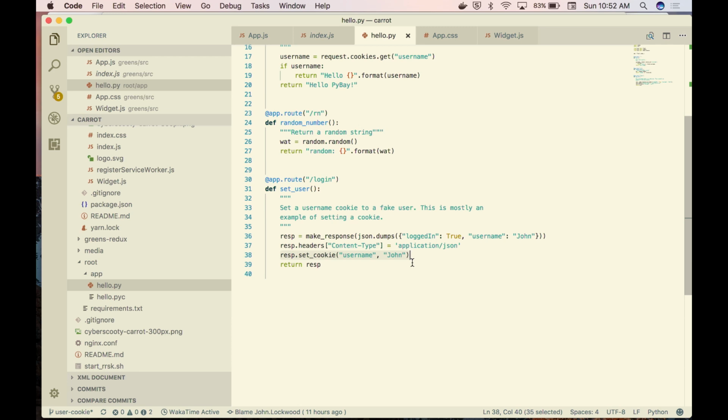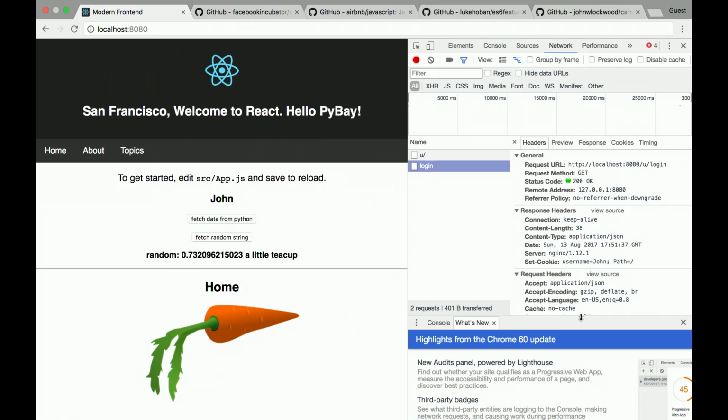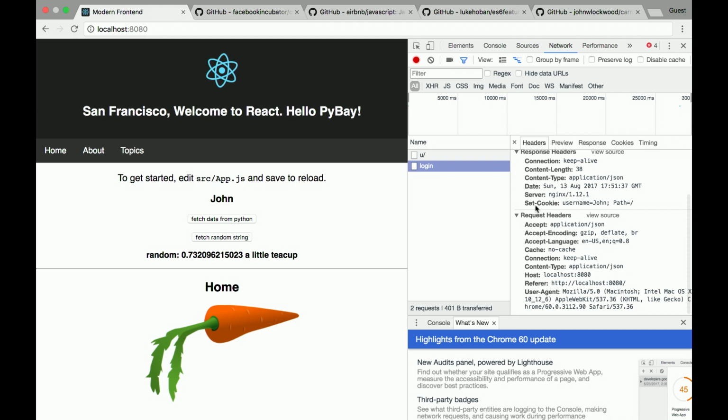If you used the Flask session thing, you could set a cookie, the session cookie, and it responds to the front end with set cookie. So this is how you could start creating a login and track people when they come back to individualize settings. And then instead of this saying PyBay, when I do a fetch again, it sends that